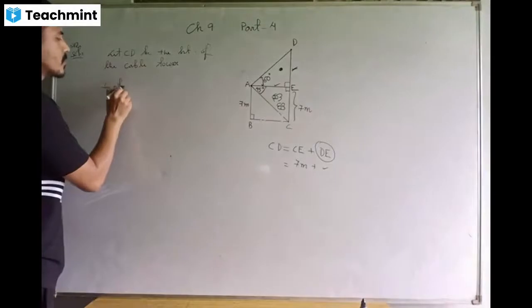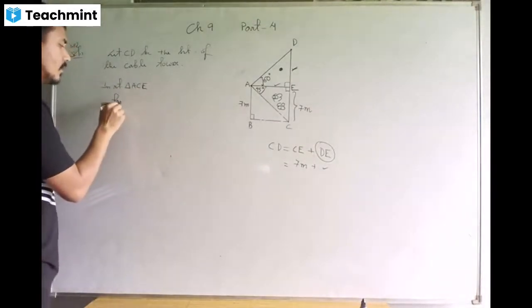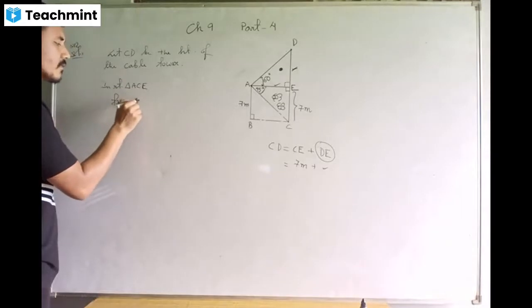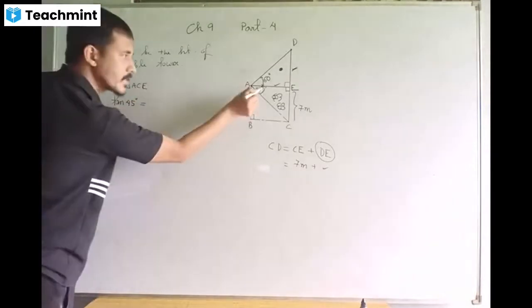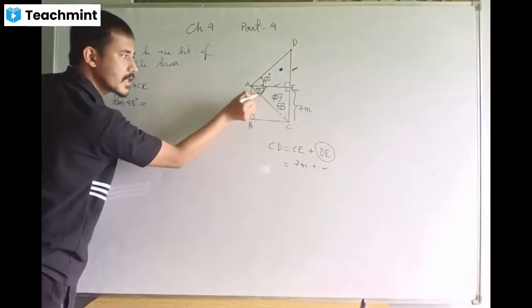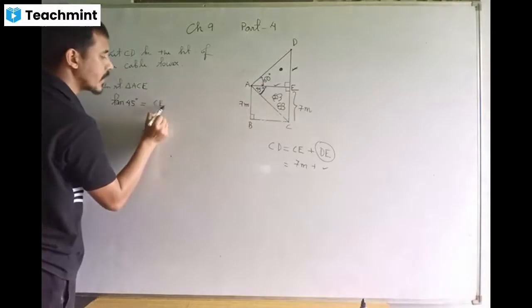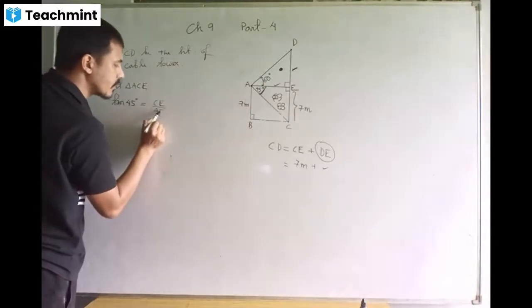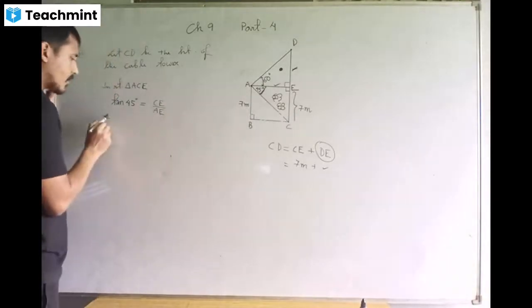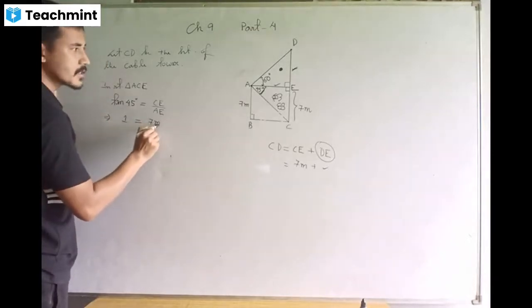So in right triangle ACE, tan theta, where theta is 45. Tan theta means the side opposite to this angle theta, which is CE, upon the adjacent side, that is AE. Tan 45 is 1, CE is 7 meters,